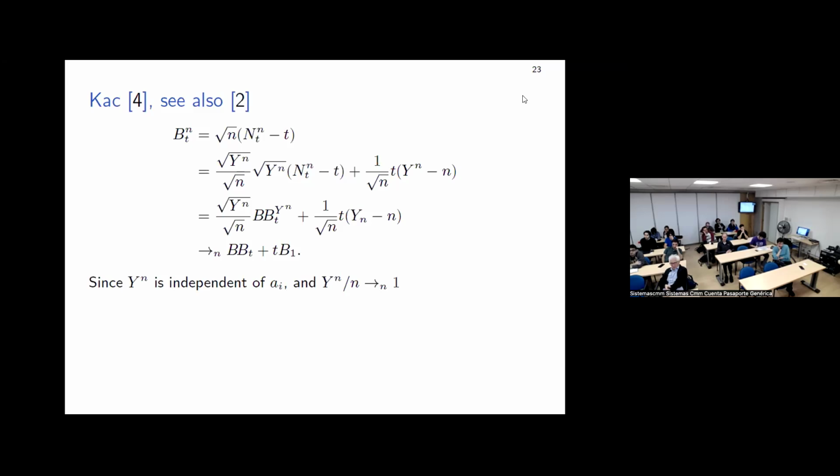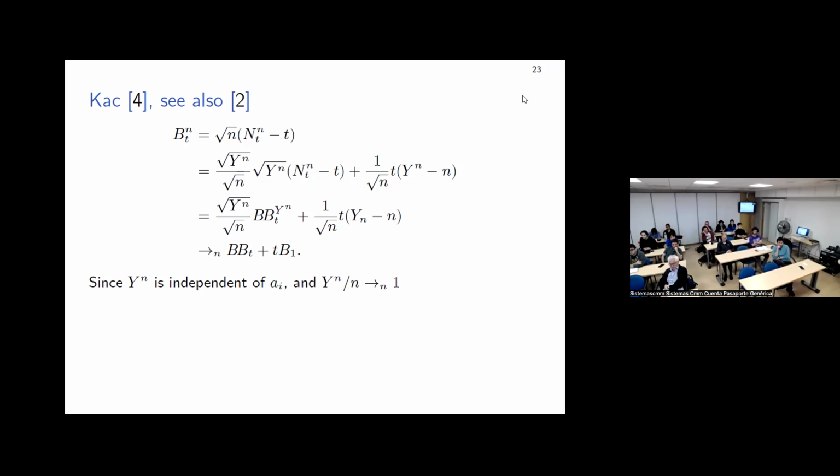At some point, I arrived in the book of Sorgo and Revets to this formula by Kac. Said, no, this was proven by Kac 18 years ago, but he didn't get exactly what I am telling you here, because he just says, well, you write a Brownian motion like I did. This is my notation, not his, no? But this is what he wrote in his notation. And then he sums and subtracts this term here. And so you have a square root of n divided by n, square root of n times this, and this, since this is a Poisson thing, this has